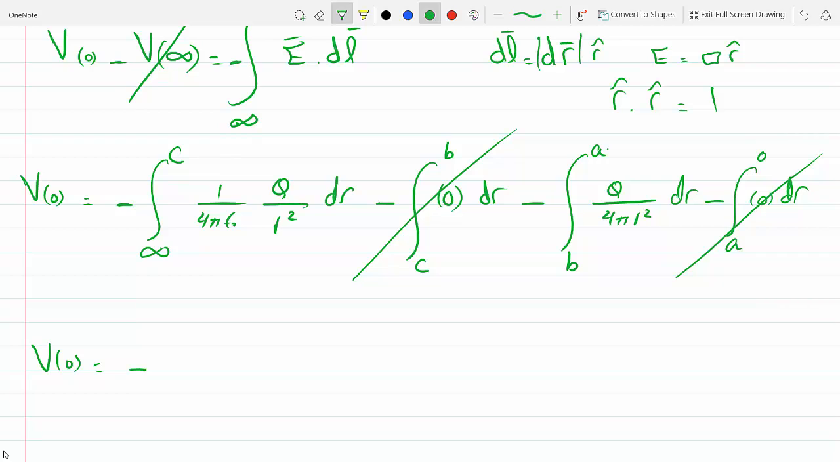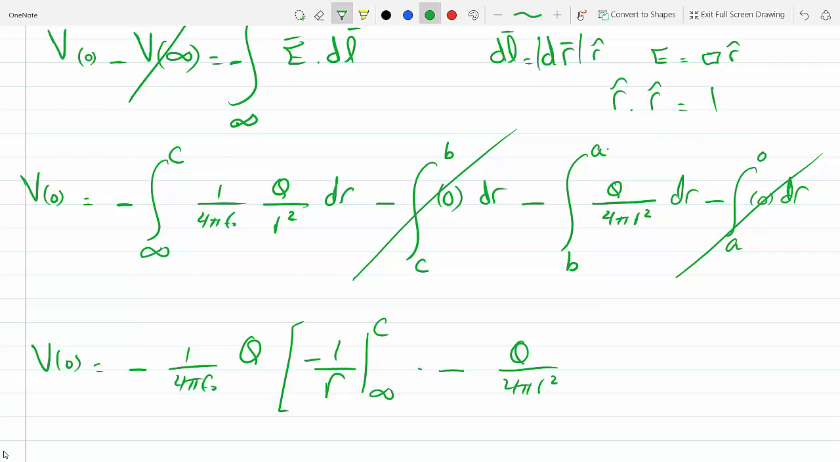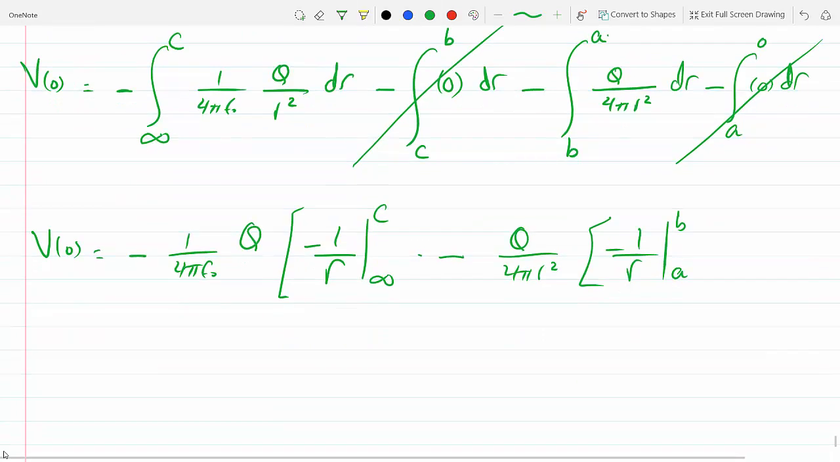minus, the integral of this is 1 over 4 pi epsilon. Let's get these guys outside as constants. The integral of 1 over R squared is minus 1 over R from infinity to C. Then the second one is 0, the third one is Q over 4 pi epsilon R squared, and this is the same thing, minus 1 over R from A to B. The last one is 0, so evaluating this,